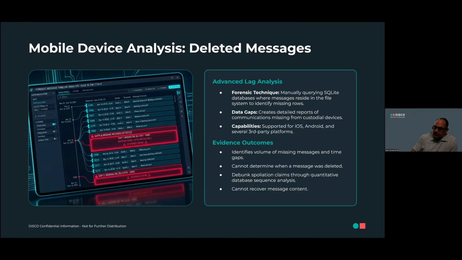If a particular message is deleted, let's say it goes 1, 2, 3, 4, and then it goes to 8. That means everything between there has been deleted. We know when 4 happened, we know when 8 happened. So we know that those messages were sent or received within that time window. So this is essentially giving you knowledge of the data gaps in your particular database.